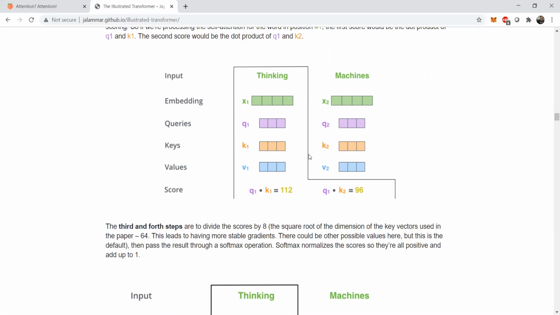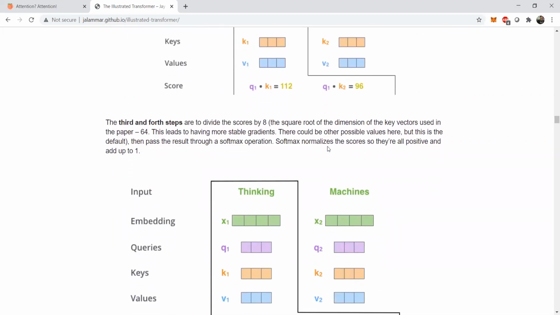Now similarly, if you want to do a dot product in a cross manner, that means if you want to apply the multiplication between q1 and k2, that will be a cross multiplication, because in this way you are not doing self attention, you are doing a cross attention mechanism, right? So we essentially covered the first two steps, that means denoting our embedding matrix, and second, deciding our queries, keys and values, Q, K, and V. These matrices we have already determined.